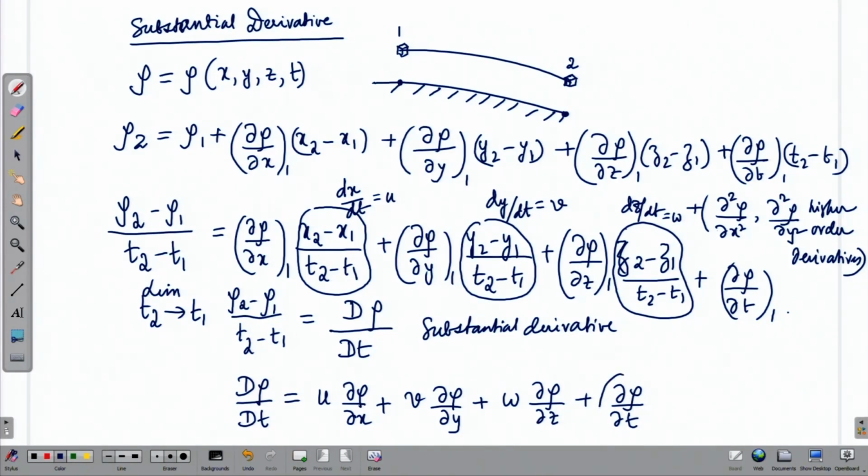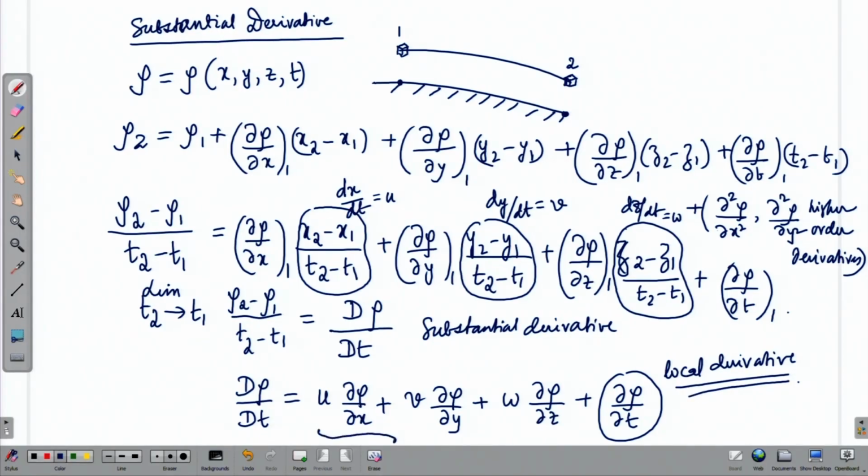So, this is the local derivative, as we say, which means it is the change in density at that location, that is 1, because of the fluctuations in the flow field. We have talked about transient variations in the flow properties at a specific point in the flow. So, that gives you the local derivative,